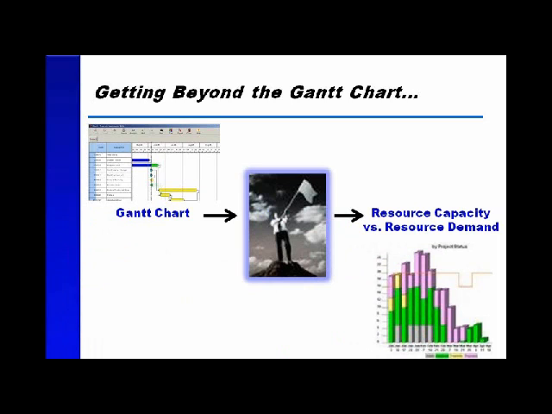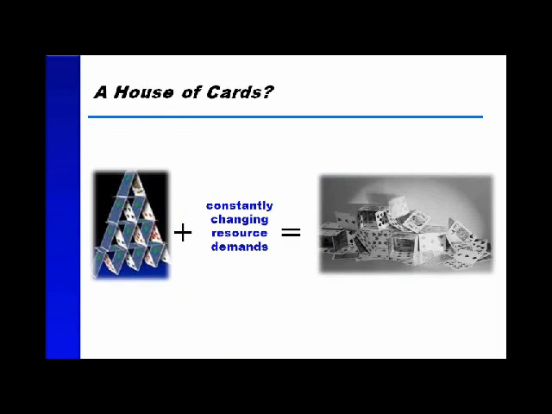We're going to have to do something that looks like balancing capacity versus demand. So as I mentioned earlier, a lot of those EPM solutions are saying it's not good enough just to publish Gantt charts. We're going to want to know whether or not we can meet our commitments. We're going to want some detail. And so even if we build that house of cards, if we resource those project plans, and if we have project managers that go through the painstaking detail of opening a Microsoft Project plan and fiddling with the units and the work and the task type, like fixed units, fixed work, fixed duration, and all those fields we have to wrestle into submission to get a balanced plan,